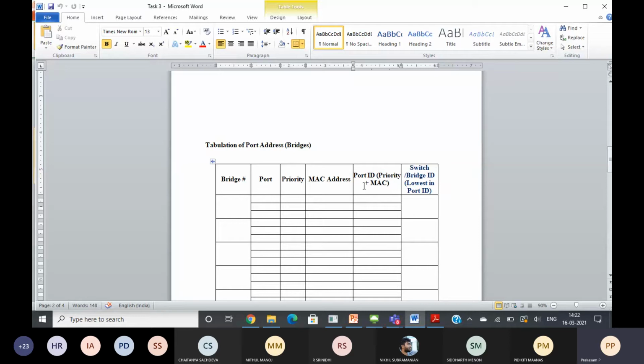Then port ID is nothing but priority and MAC address. Note down 3 port IDs. Among the 3, the one which contains the lowest value is the respective bridge ID. Because we need the bridge ID and port ID to identify the root port as well as the designated bridge port in the forthcoming steps.